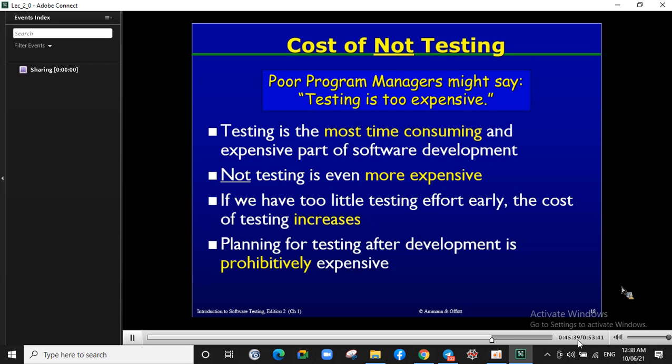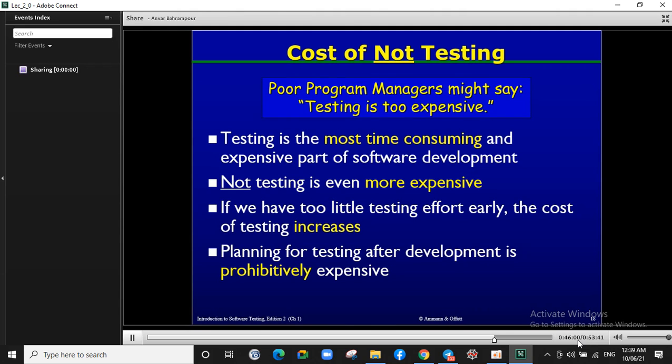But what about the cost of not testing? Can you tell me what is the cost of not testing? Also, you have seen in the previous slides some of